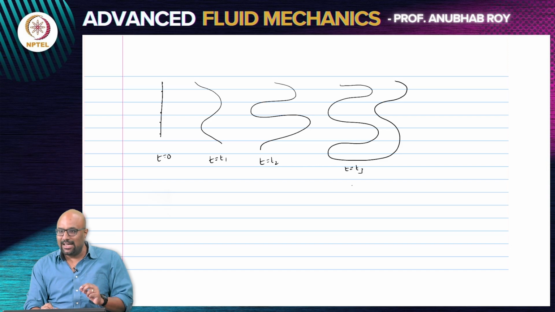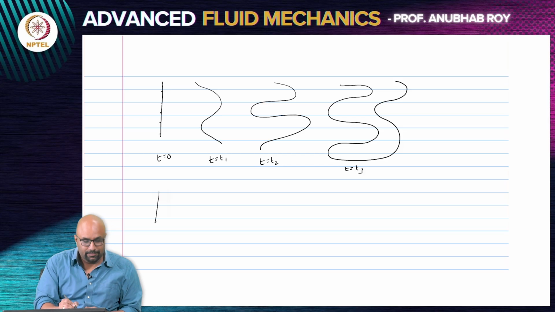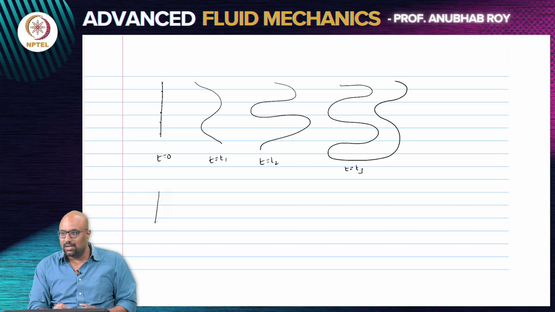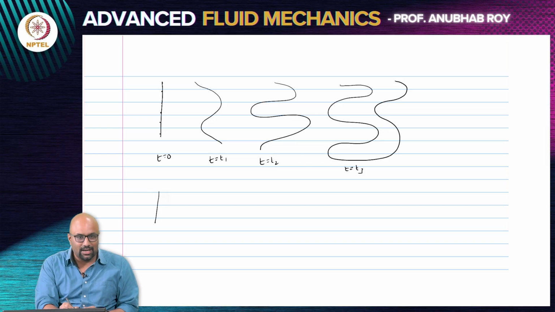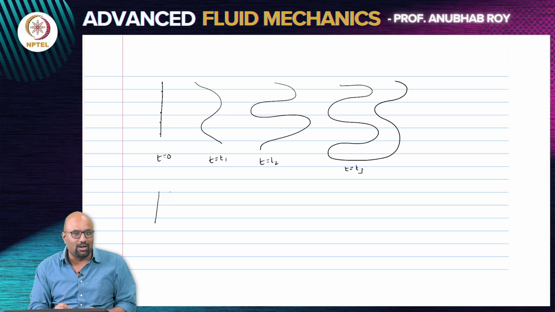So that single line, as you observe it in time, it can obviously translate. So if you put a stick in a fluid, consider a stick which is massless. What the stick does is it basically just responds to the flow. Every point in the stick is moving with the velocity at that location.